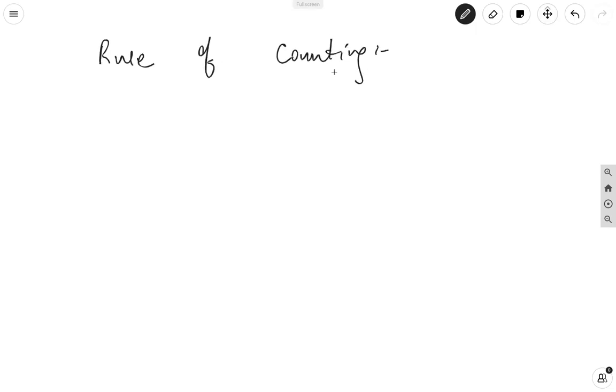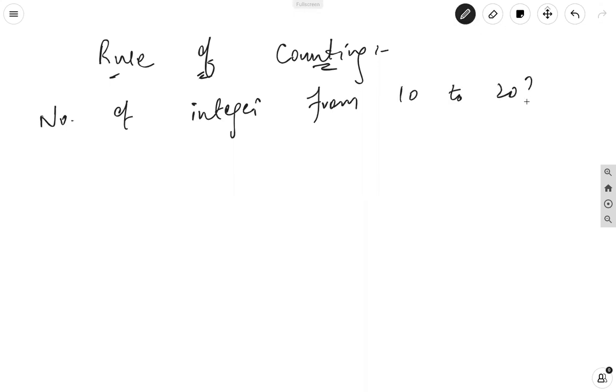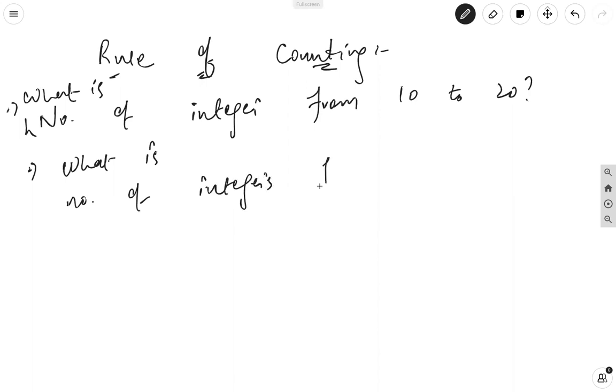For example, if the question asks you what are the total number of integers from, let's suppose, 10 to 20, what is this? And if the question says, what is the total number of integers from 10 through 20,